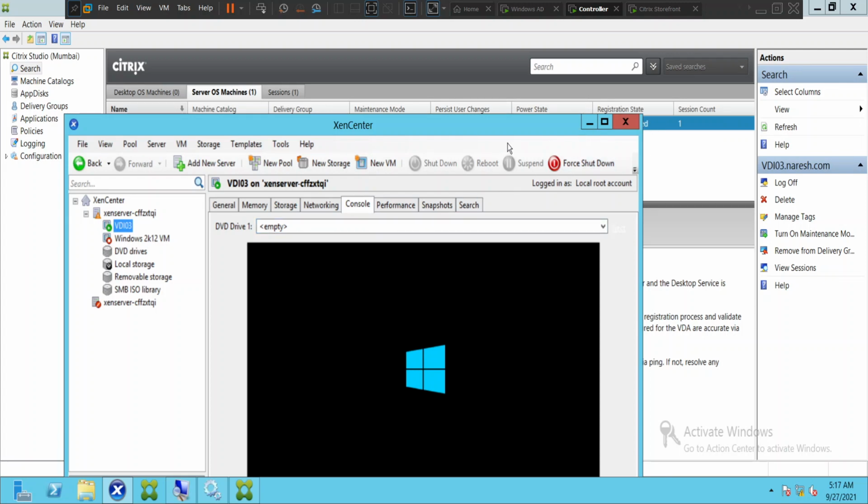So the very first thing you can check is to go to the Zen Center, or if you're using VMware vSphere, you can connect to the vCenter server and see from the console what the status of that particular virtual machine is. Based upon that, you can take the next troubleshooting steps.